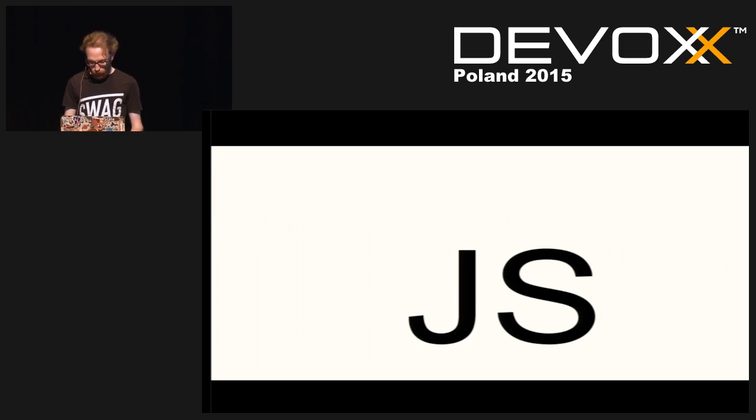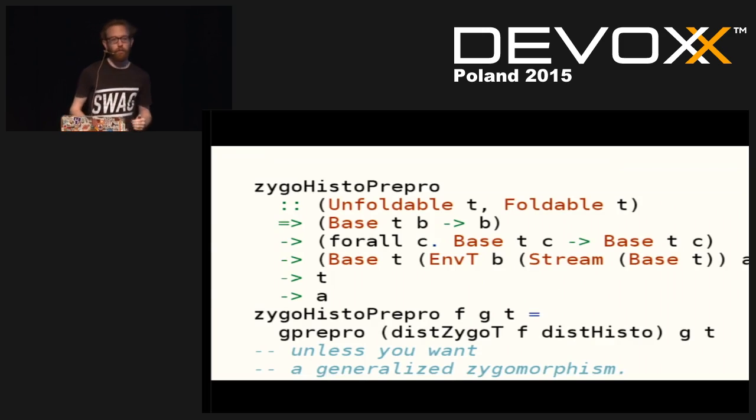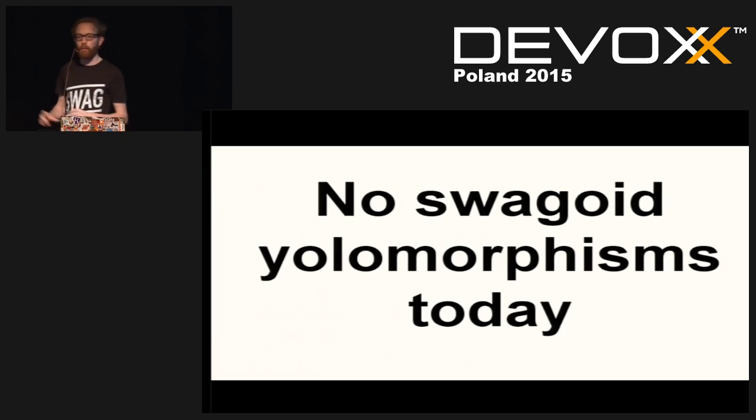OK, so I will start with a very simple functional pattern. Normally, you've already seen it, but just to make sure you're following. It's a zygoastomorphic prepomorphism. Is that OK for everyone? Yeah? Does anybody need a generalized zygomorphism? No? OK. More seriously, I won't talk about